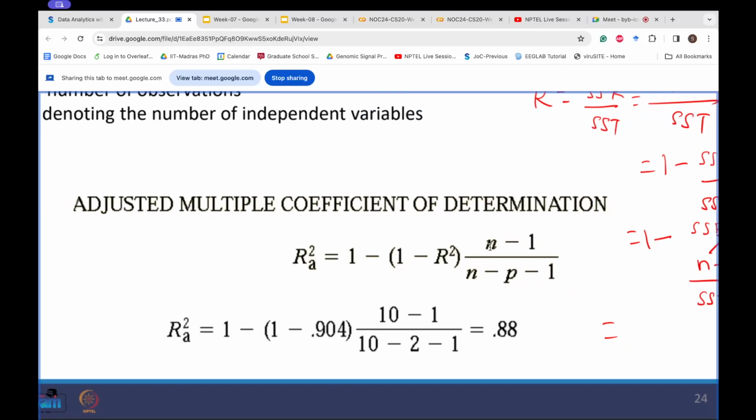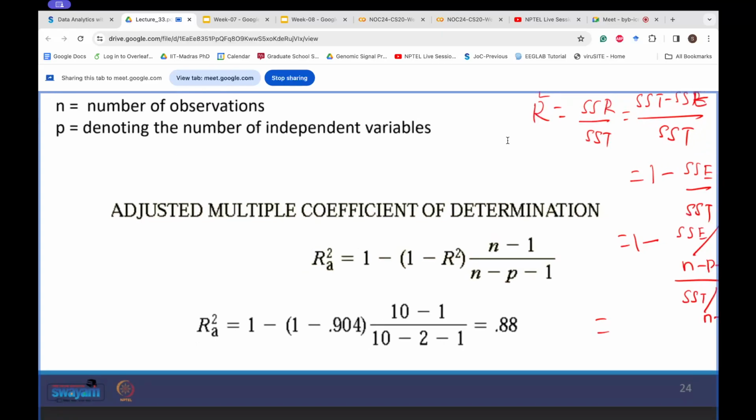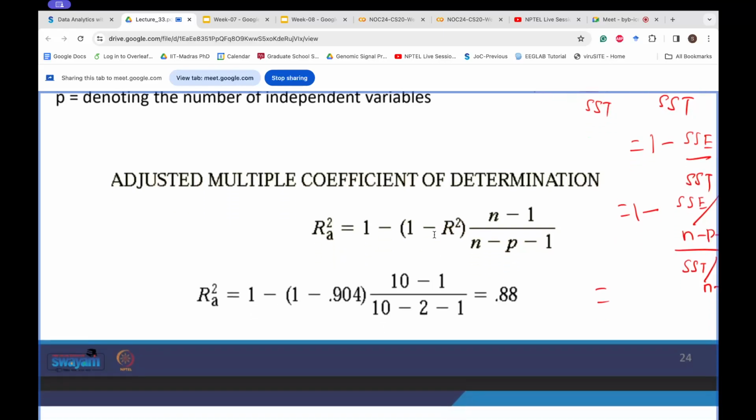Here you can see there is this term p, which represents the number of independent variables. So as you increase the number of independent variables, the r square value that you have computed, you try to have an estimate of it which takes the number of independent variables also into consideration. Okay,